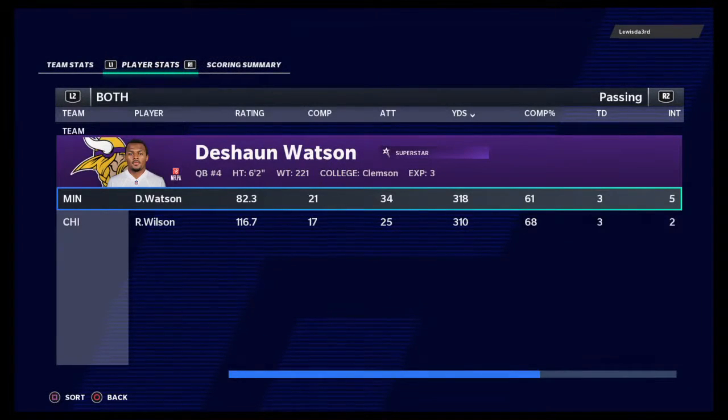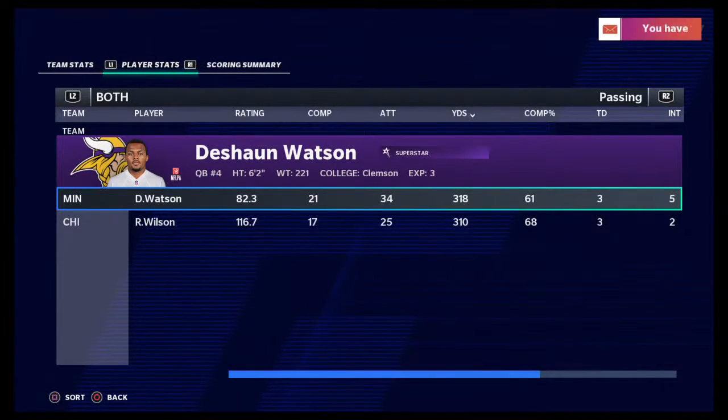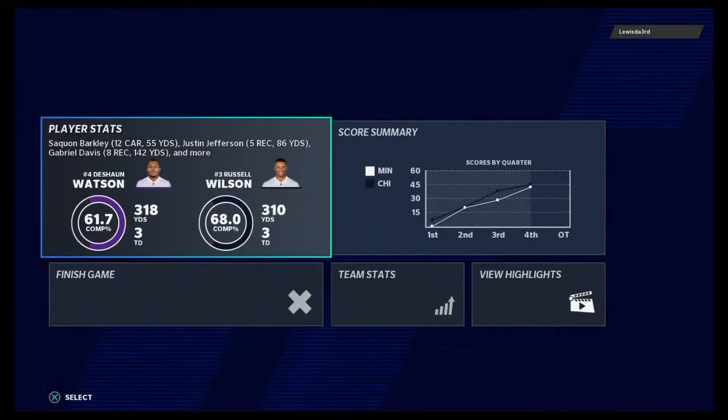So for the Bears, they keep pace for a playoff spot as they move to 7-3. And they'll be able to enjoy this one through the bye week before they get back at it again. Meanwhile, for the Vikings, they are